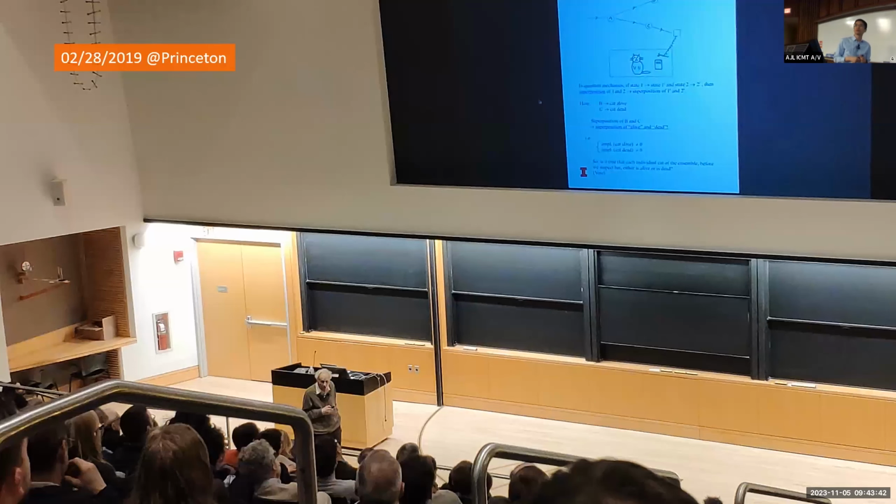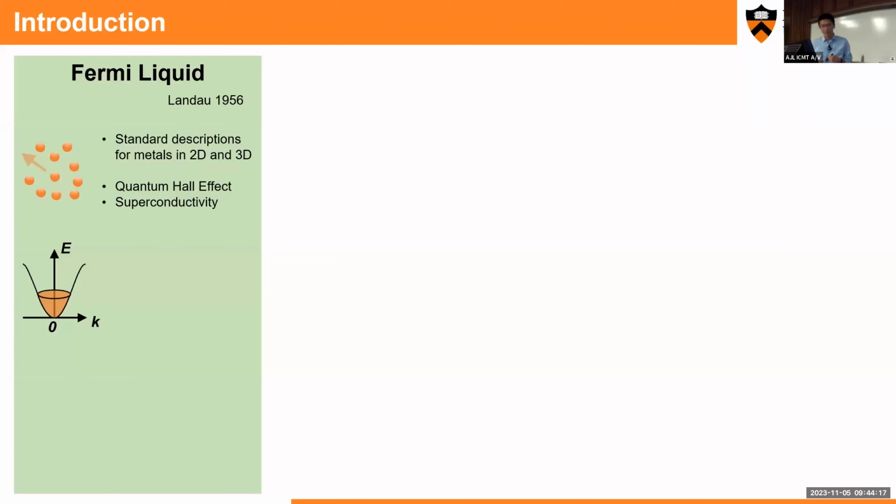First of all, I want to show a picture from February 28th, 2019. It was just 2 months after I arrived at Princeton for my postdoc, when Tony went there for a public lecture, and I was really excited. I went there because it's just next to the physics building. And as you can see, it's really crowded with people. I cannot even find a seat over there. And this is what I'm going to talk about later. I will explain why it's different.